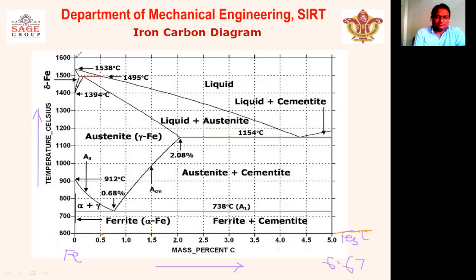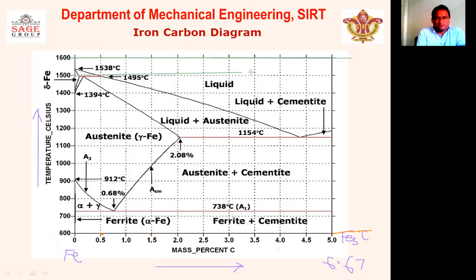So this is the maximum value, 1600 degrees Celsius, and within it we can mark the melting point of an iron, that is 1539 degree centigrade. So in such a way that you have to mark the values of temperature and weight percentage of carbon. Yes, after that you can draw the number of vertical and horizontal lines from the respective marked values on the x-axis and y-axis, like this. This is 1600 degrees Celsius. So I have drawn a horizontal line like this.